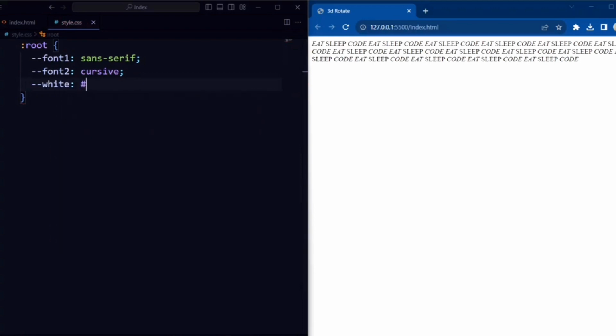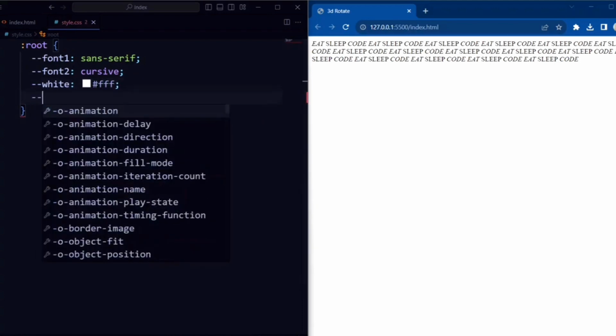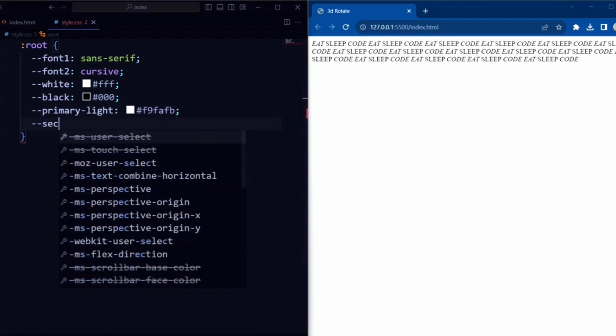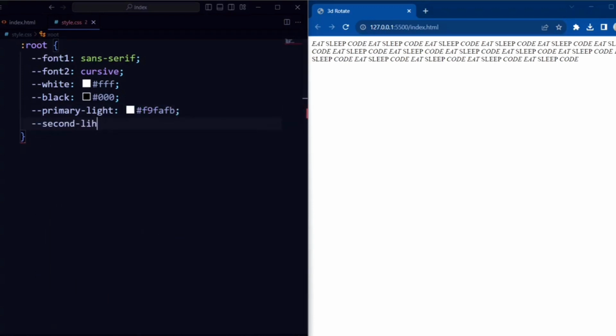Next we have black and white colors. Here we have a primary light that is set to a specific color, and the second light